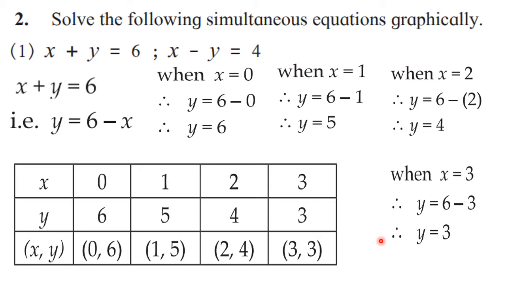Then don't forget to give arrowheads to both the axes. Don't forget to write down the origin, which you can show as O, or you can write 0 there, both O and 0. Don't forget to write down the scale on both axes: 1 centimeter is equal to 1 unit. After that you plot all these points and draw the line. So that is completed for one equation. After drawing the line, at one arrowhead you write down the equation.